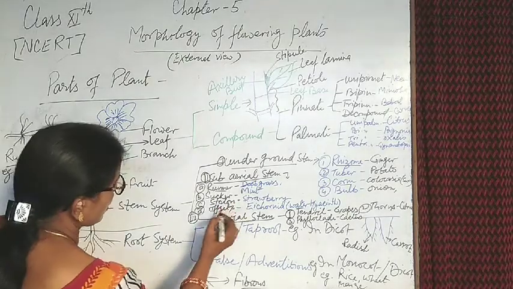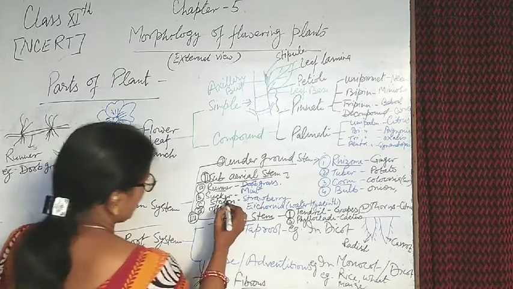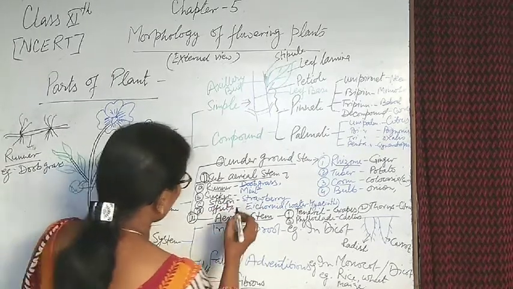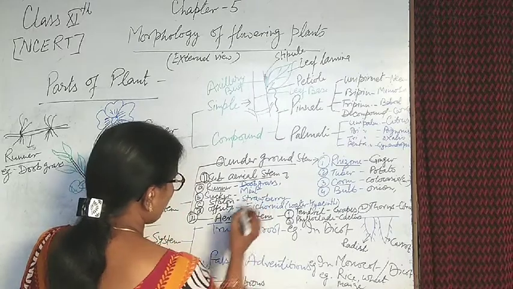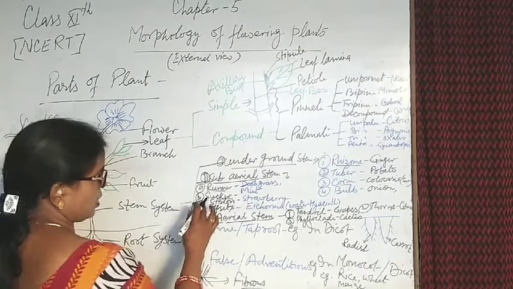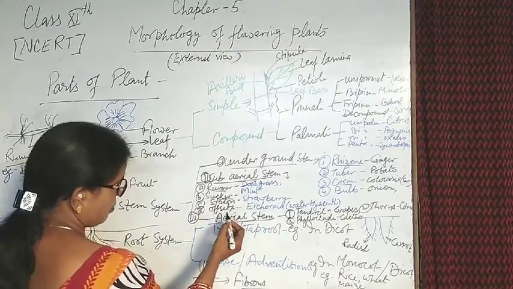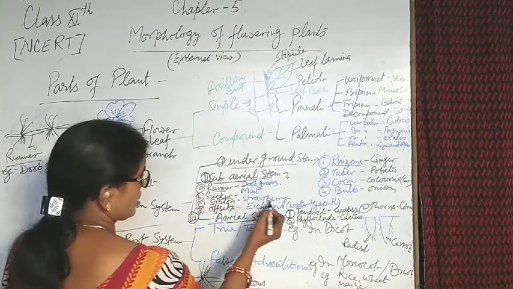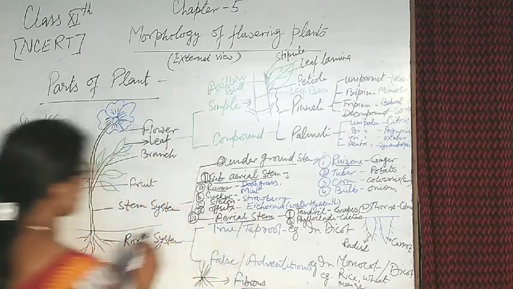And second, sucker. Sucker is an example of mint, pudina. Stolon in strawberry is another type of subaerial stem, and offset in